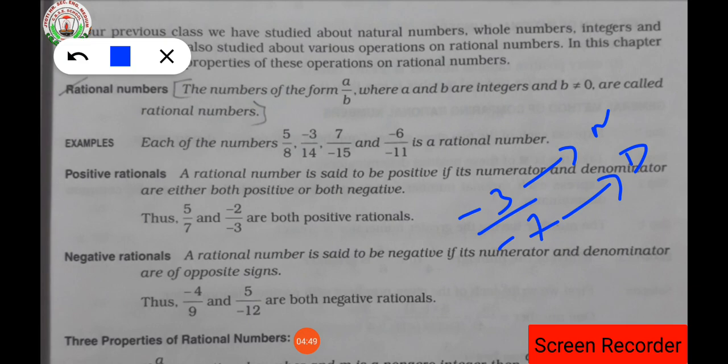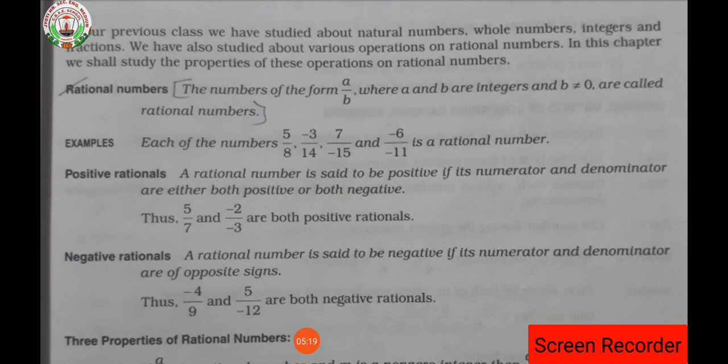So we can see the minus sign in the numerator as well as in the denominator. So dear student, when a minus sign is present in the numerator and denominator, first thing that we can do is either cancel the minus sign from the numerator and denominator, or, according to the property, we know that minus and minus will become plus. That's why this minus 3 upon minus 7 will be considered as a positive rational number.